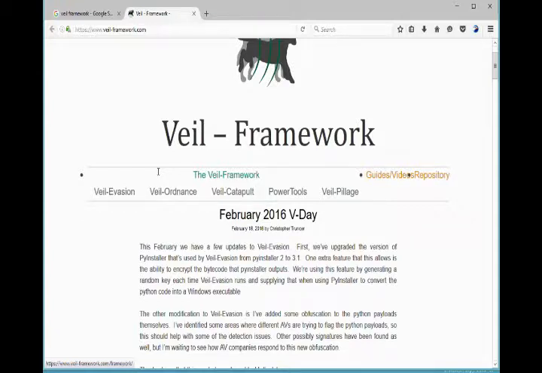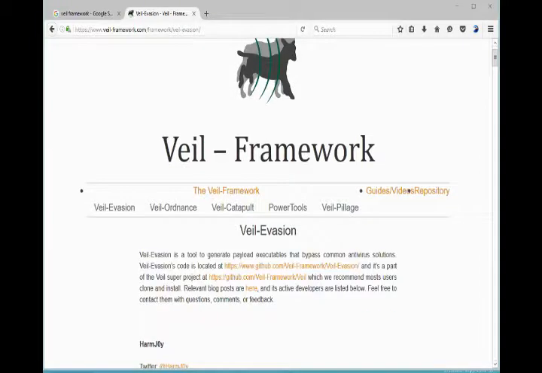So it then allows mutation of this particular program or exe file, which makes it almost undetectable by most virus scanners. So let's go to the Veil evasion, which is a tool to generate payload executables that bypass most common antivirus solutions. So this is how hackers would use the Veil evasion to then create a payload executable that bypasses